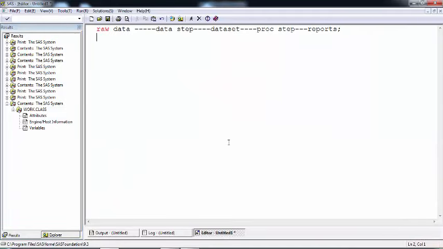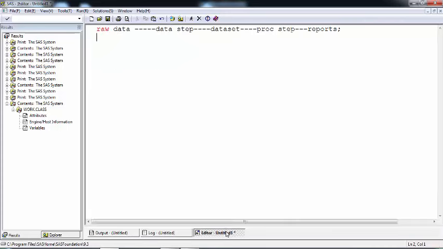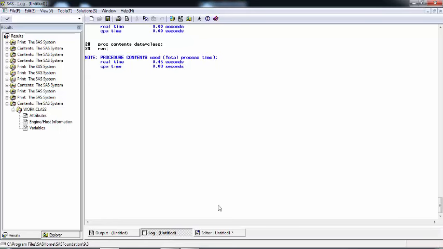Now coming to the editor window. What is the use of the editor window? Here we can write the program and we can execute the program. This editor window is used to write the program and for the execution process. And the log window shows errors, warnings, and it contains some notes also. Whatever program we have executed in the editor window, all the details about that program will be